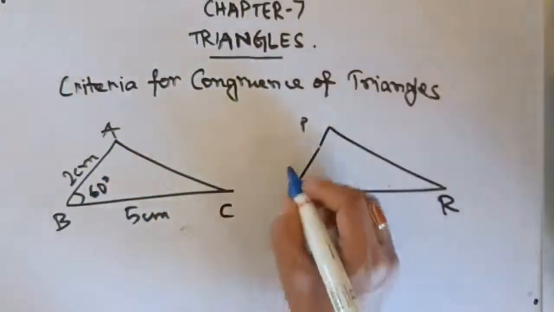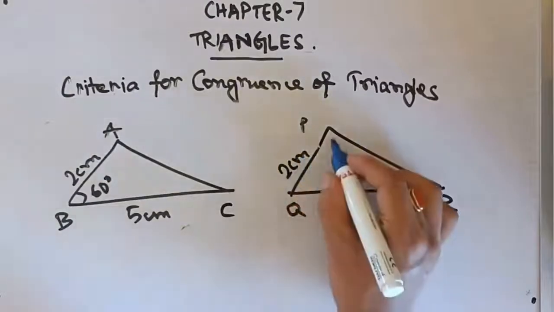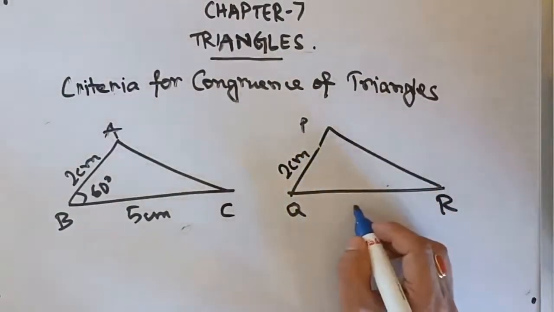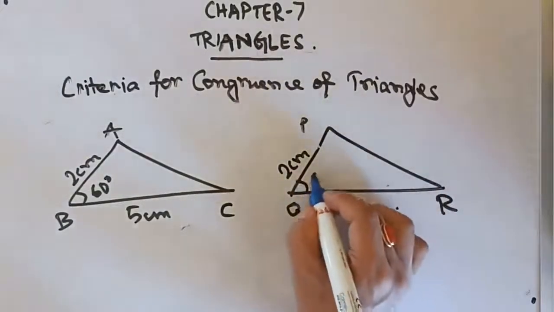Likewise, PQ is of length 2 centimeter and QR is of length 5 centimeter and angle Q